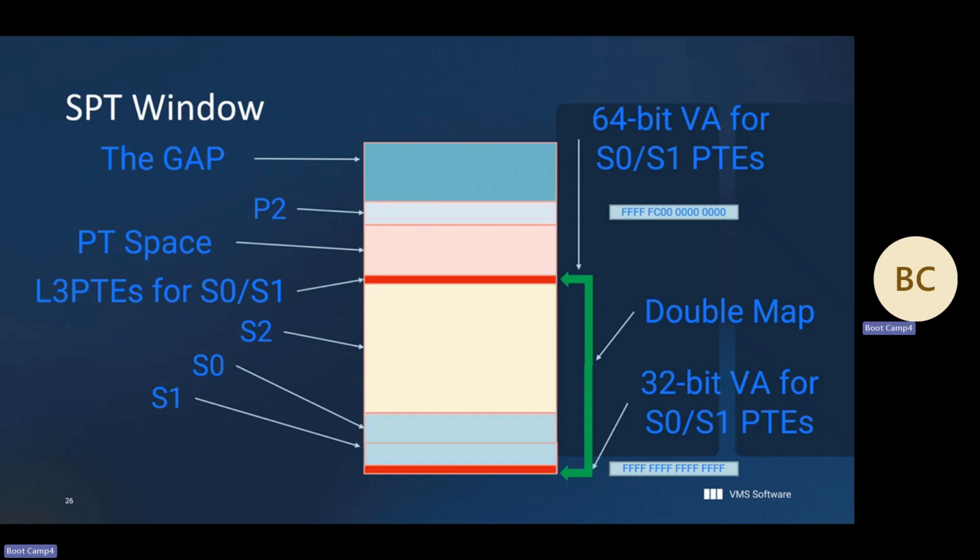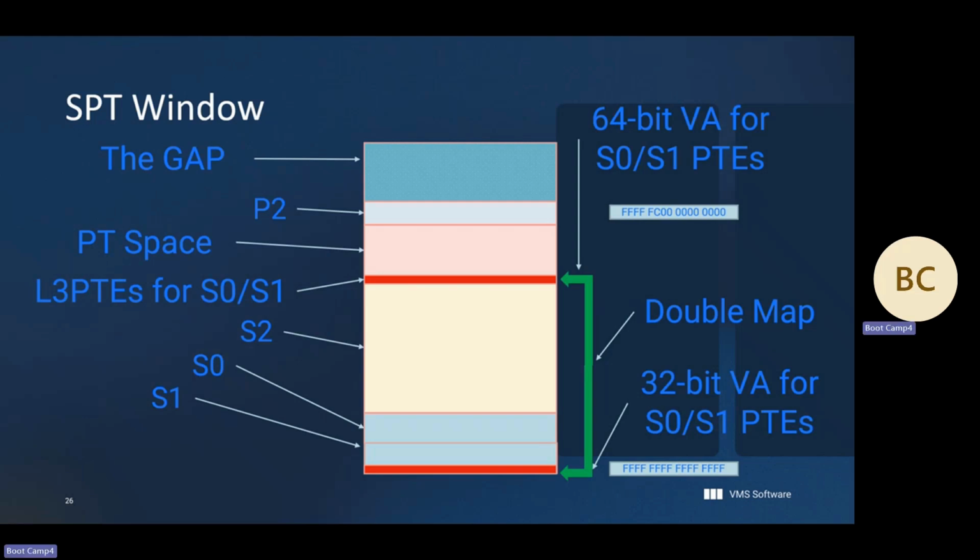So this orange part are the level 3 PTEs for just S0 and S1 space. By the magic of double mapping, we also map the very same PTEs here.